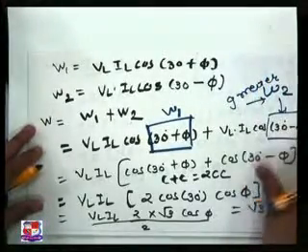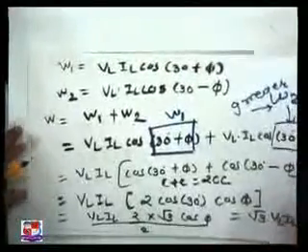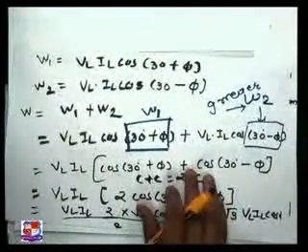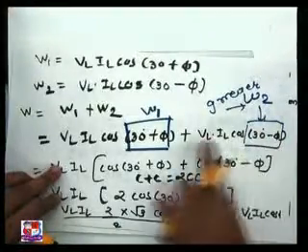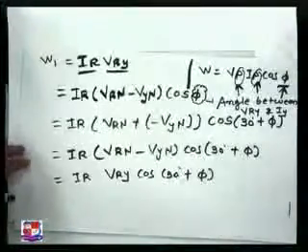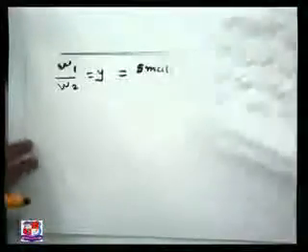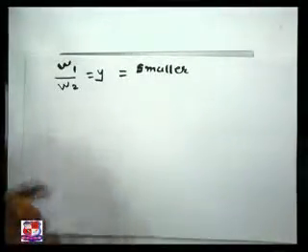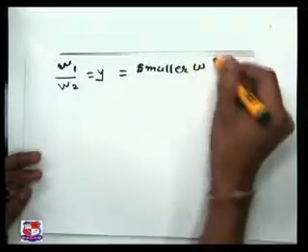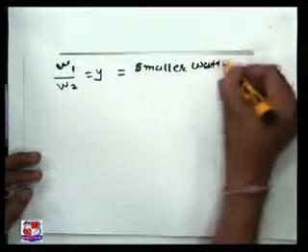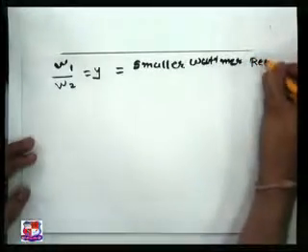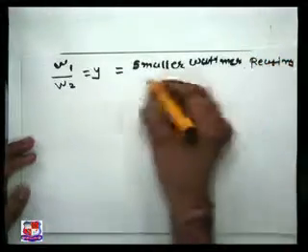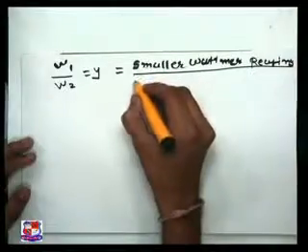So W1 means the small wattmeter reading, and W2 means the large